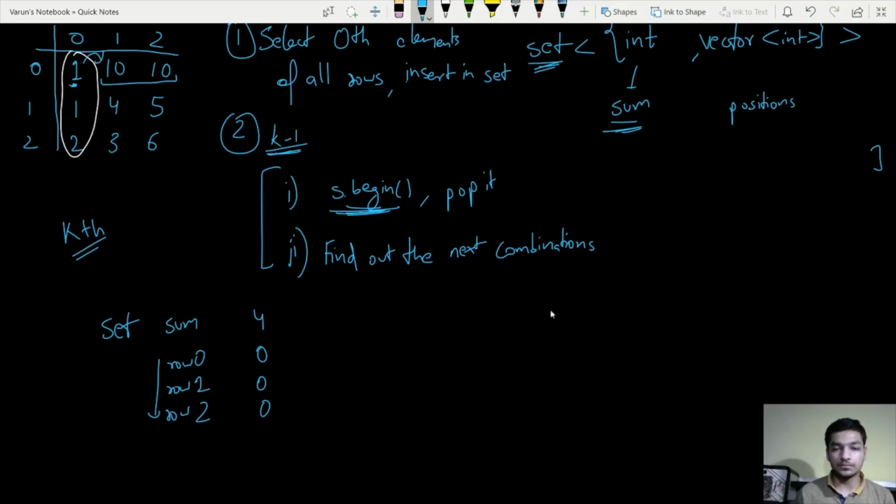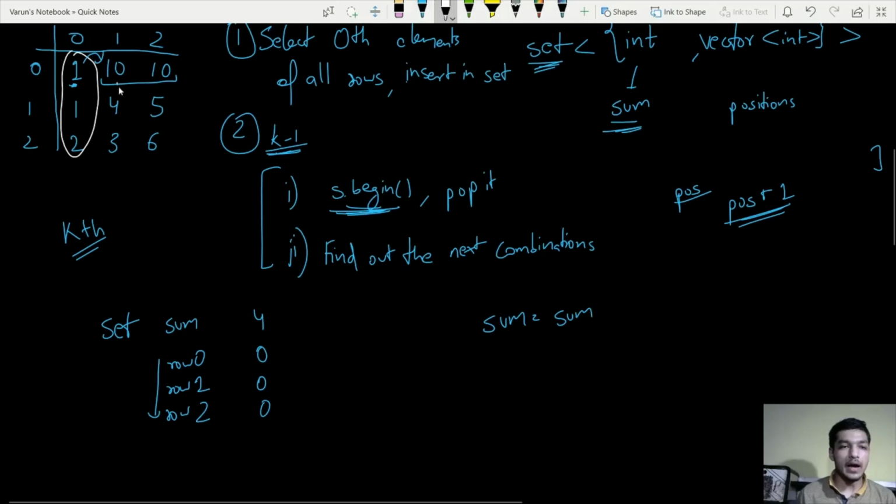So suppose the element is present at position pos, so the next combination we can form, we have to include the number present at position pos plus 1. So if we include it in the set, how will the sum vary? Let's write this formula here. Initially the sum is this, we need to add this element to our combination and subtract this.